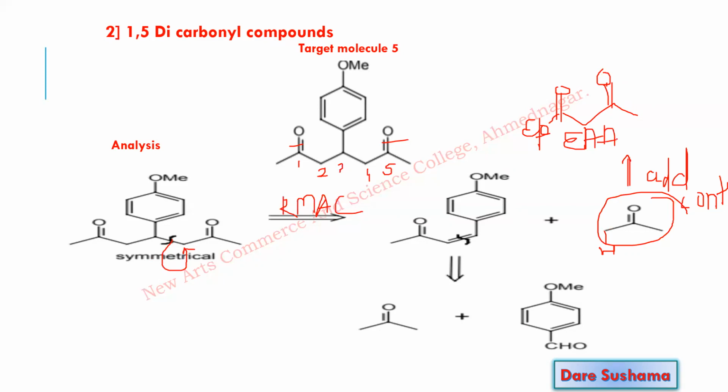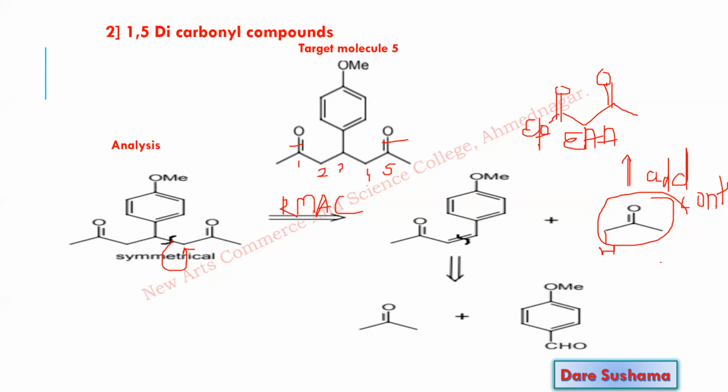Now this proton is more acidic. You can prefer a mild reaction condition, and once you complete the reaction, you hydrolyze it and decarboxylate whatever group you have added. So always remember, for the Michael addition reaction, the proton must be highly acidic. This alpha proton must be highly acidic. To increase the acidity of the proton, that proton should be flanked by 2 electron withdrawing groups.